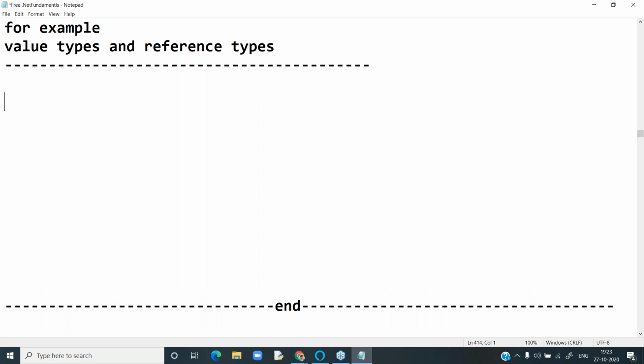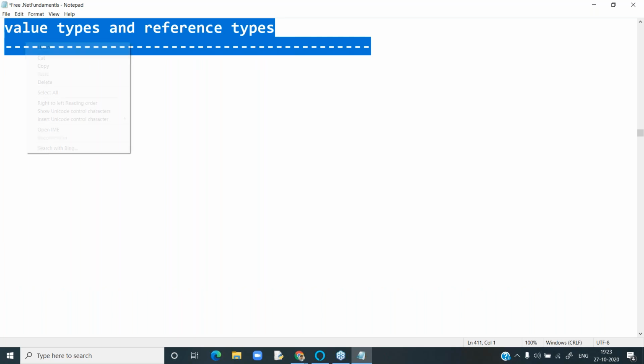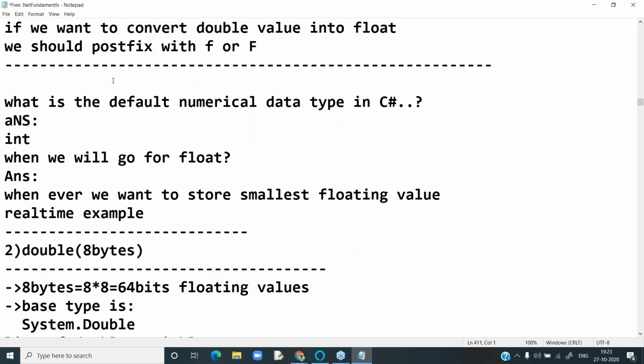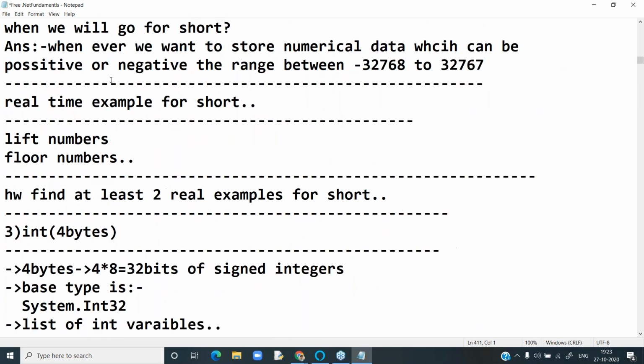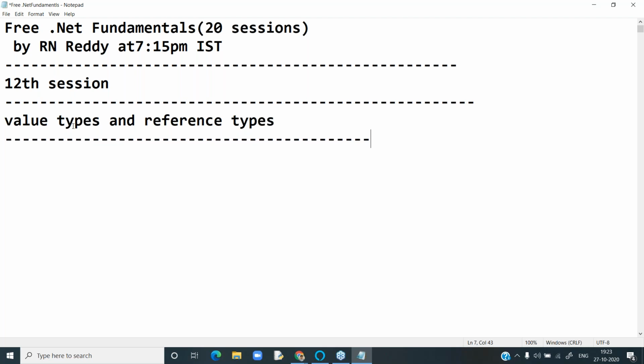That is one category. Now this is according to the data storage locations. C#.NET data types are classified into two types. Number one, value types.